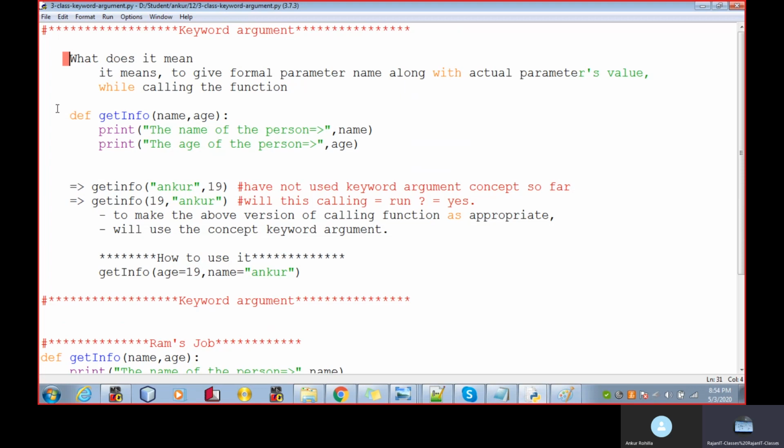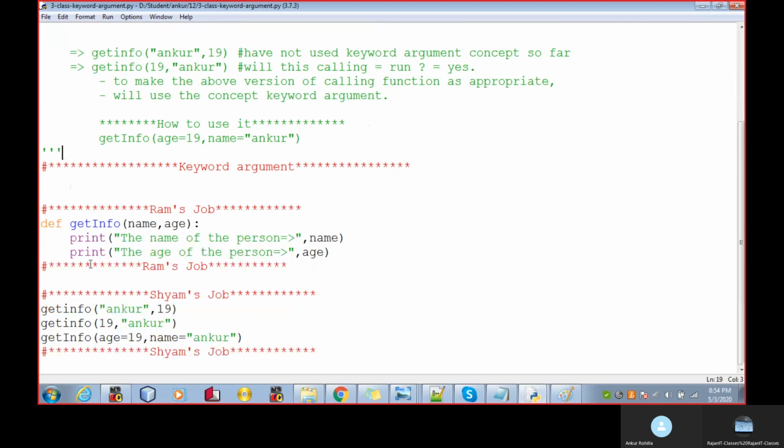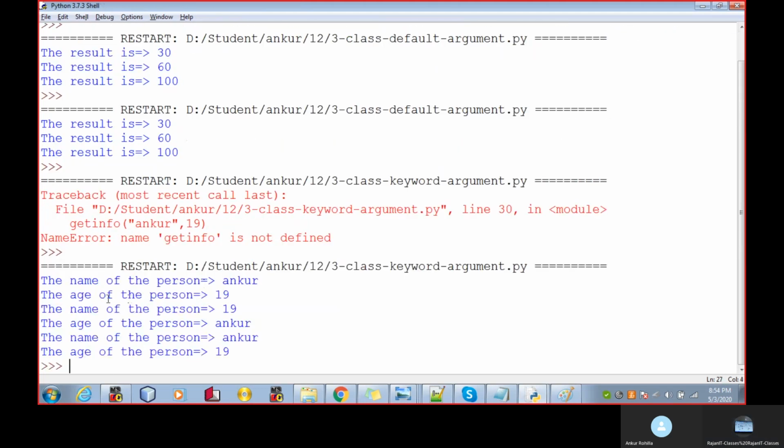Let me comment out all this entire stuff. See over here, Ankur, get info is not defined. Get info. Okay. Use a small i. The name of the person.